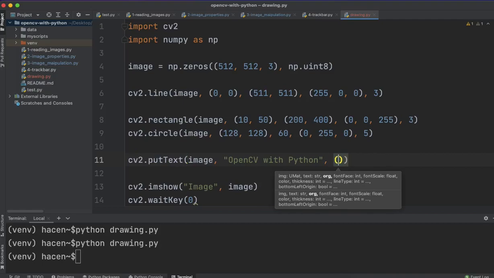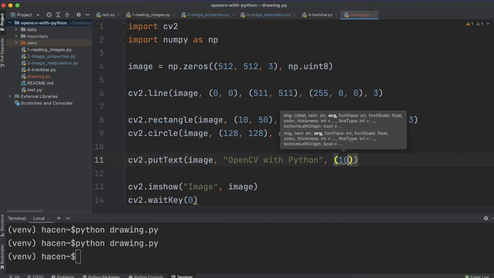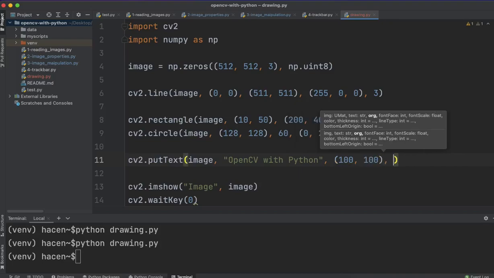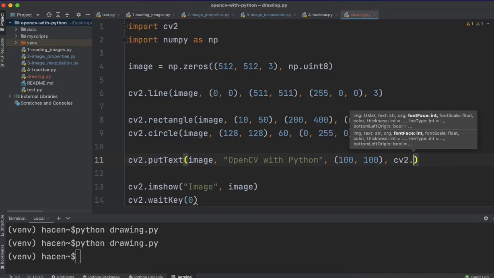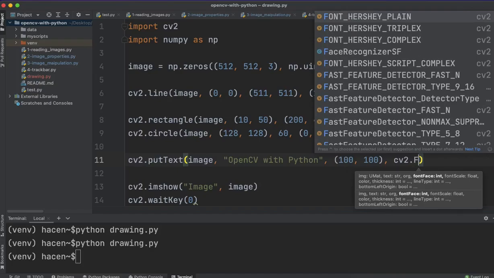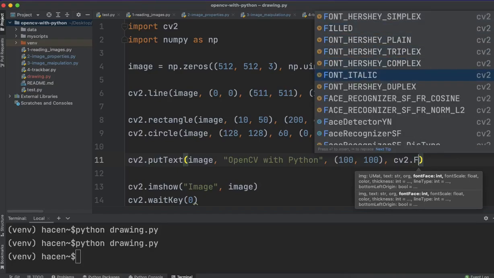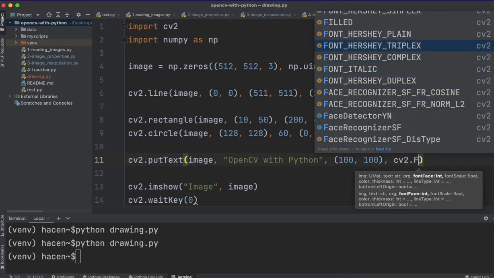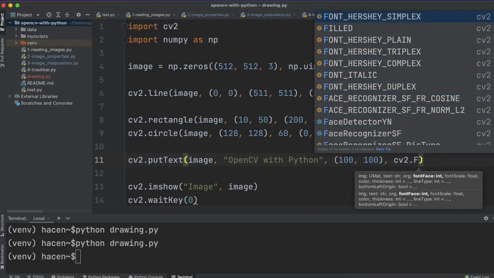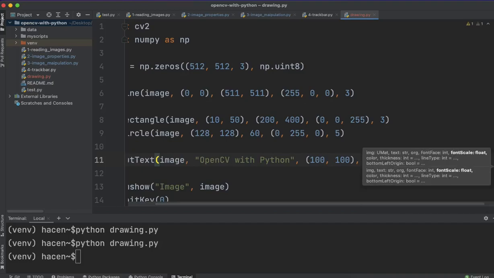So if I give it, for example, here 100 and 100, and then the font face of this text, so it can be cv2.FONT. We have many types of fonts here. We can choose one of them, depending on our choice. So if I, for example, choose this one, one of the most popular fonts in OpenCV,